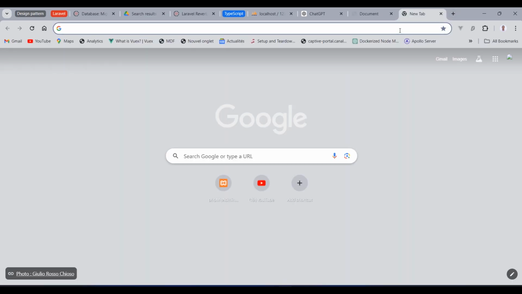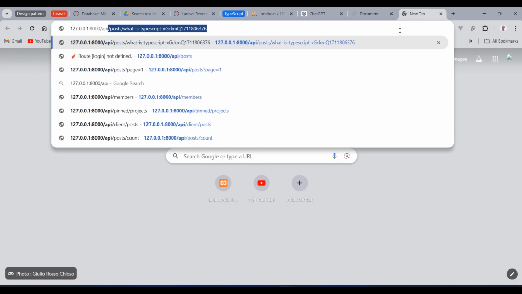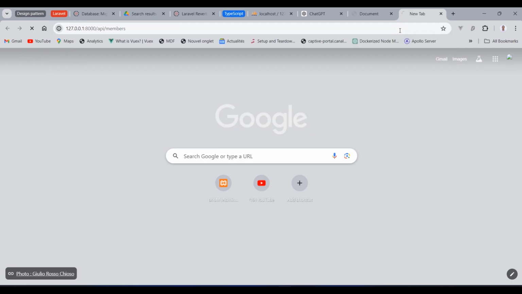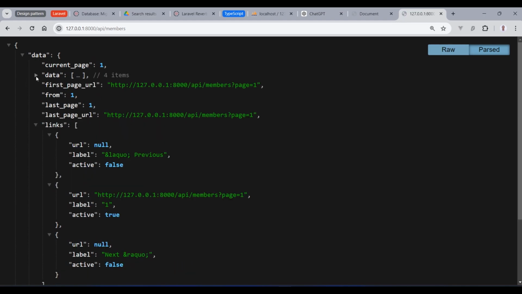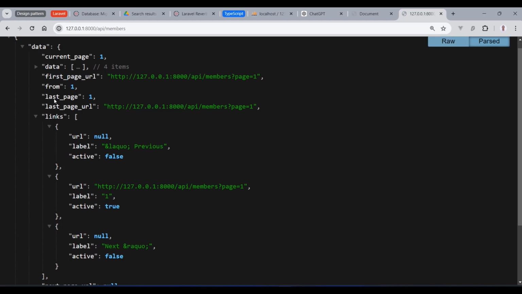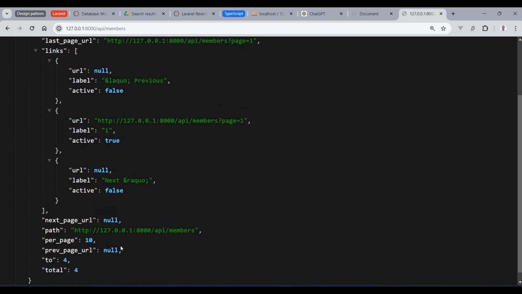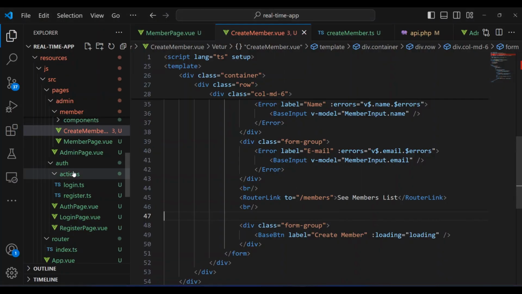And right now, our API is not protected. We are going to get access to members. I'll pass the API base URL members, in order to see which kind of data we are getting. You can see right now we are getting a data object. It is an object, and within it we got the data in other properties, but also we got metadata for the pagination. Right now we need to type this data, and we are going to get in the actions